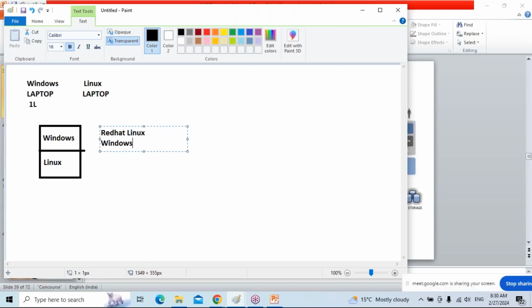I can't purchase 2 desktops, so 1 desktop only. Whenever I'm taking a Windows class, I'll boot from Windows. Whenever I'm taking a Linux class, I'll boot from Linux.